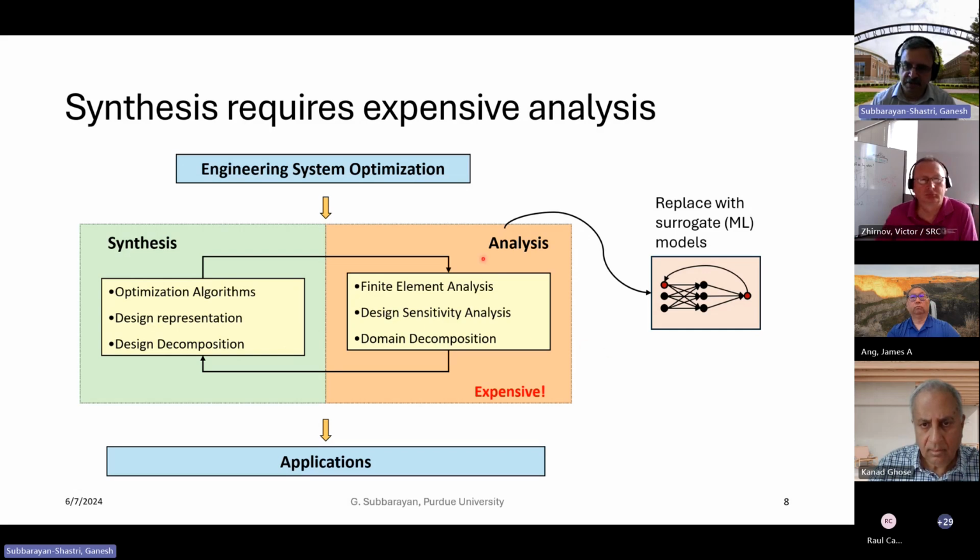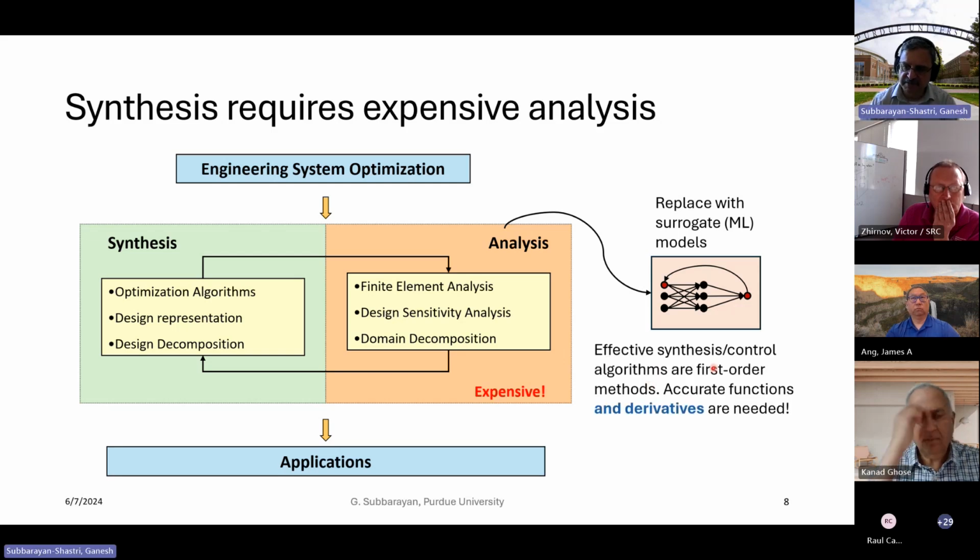What we are trying to do is, because analysis is expensive, we want to replace this finite element analysis box here with surrogate models. Oftentimes, these days we hear a lot about ML models. ML is only one of many possible surrogate models that one could use for replacing this analysis because analysis is expensive. Now, we need to keep in mind